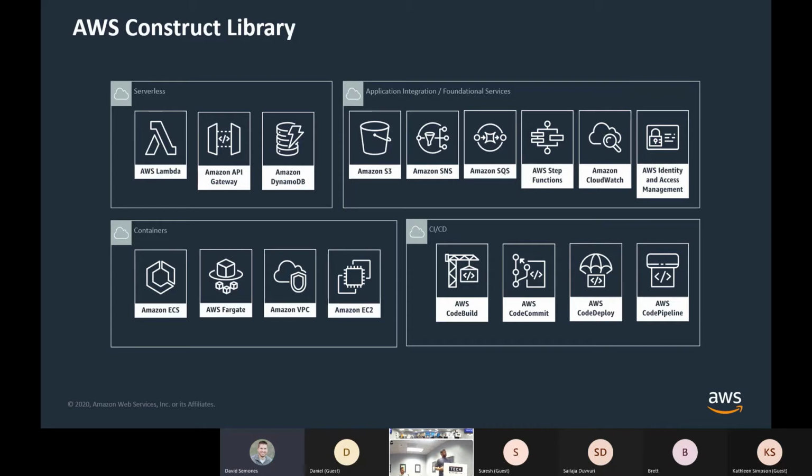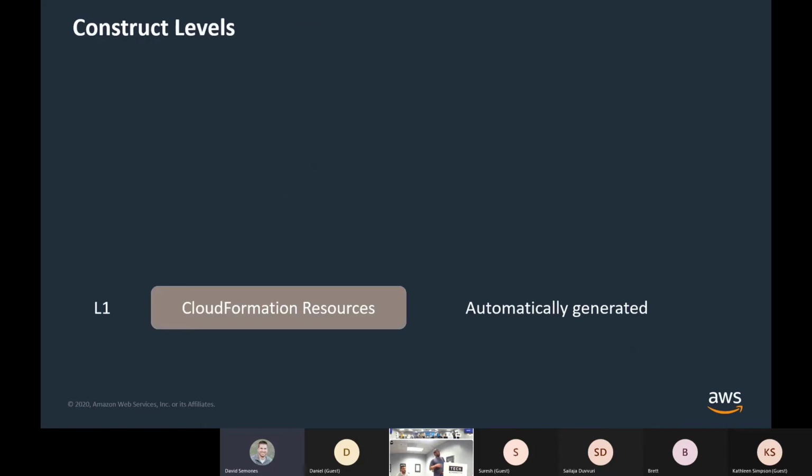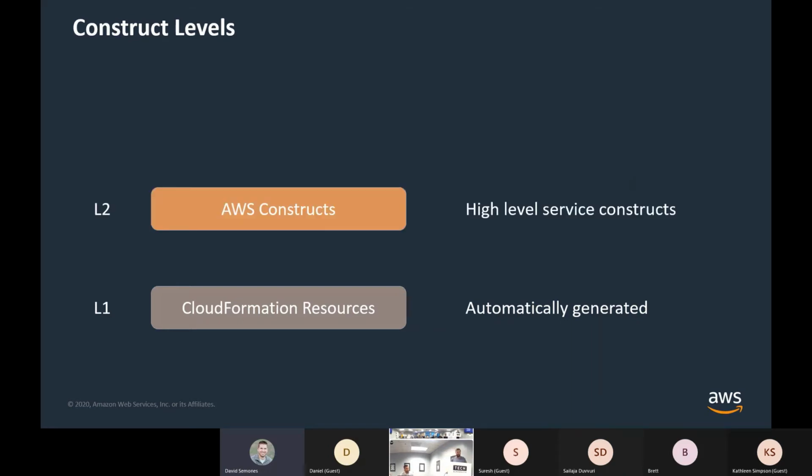And we describe how much we try to help you in each of these constructs, and there are different types and levels. So what we say, next slide, is there's what we call L1 resources, which do nothing to assist you. It's basically writing CloudFormation in another language. Everything that's required in CloudFormation is required in an L1 construct. Everything that's optional in CloudFormation is optional in an L1 construct. And this by itself isn't super valuable, but it bridges that gap from CloudFormation to CDK. And it's programmatically generated, which allows us to make what we call L2 constructs.